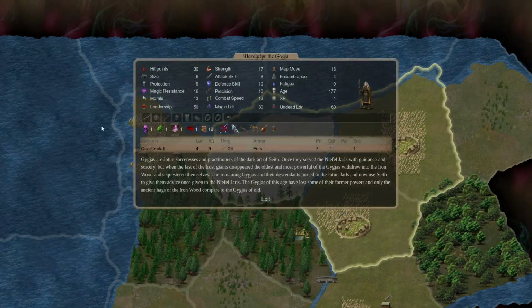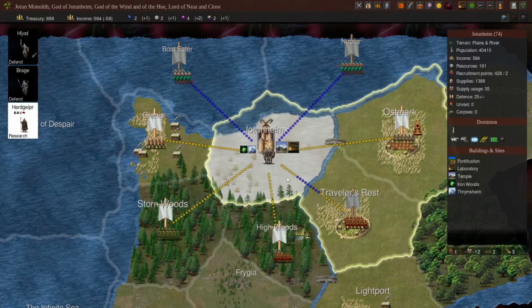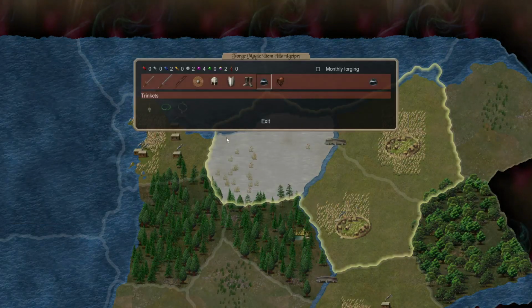So if we have a look at her, for example, that's the magic abilities that she actually has. Death Mage level 1, Nature Mage level 1, Glamour Mage level 1, and Blood Mage level 1. Now, one of the biggest things you want to do for decking out your mages is to give them different items as well that will then give them the boosts to start to boost these up, because this is quite important. And so if we go back in and have a look at the Forge Magic item in through here,